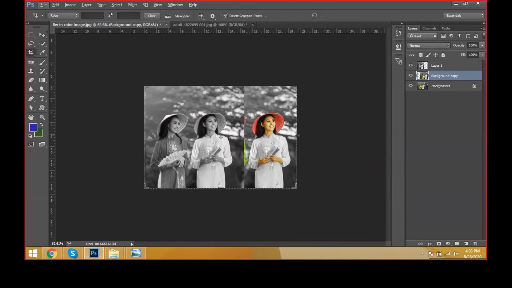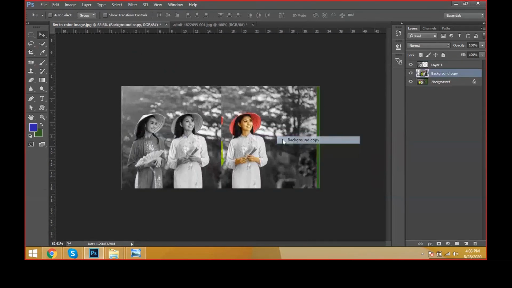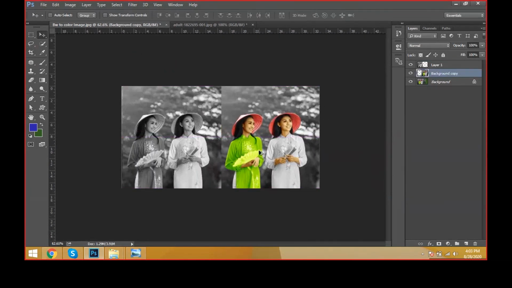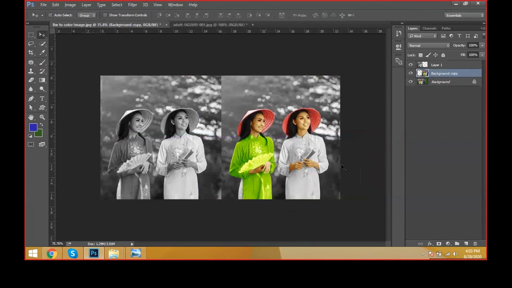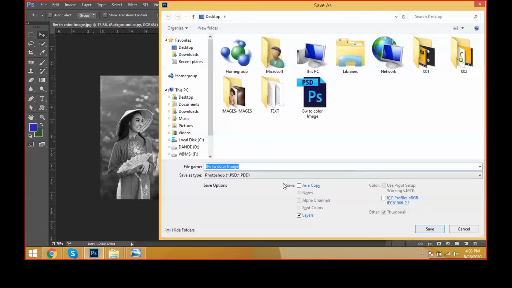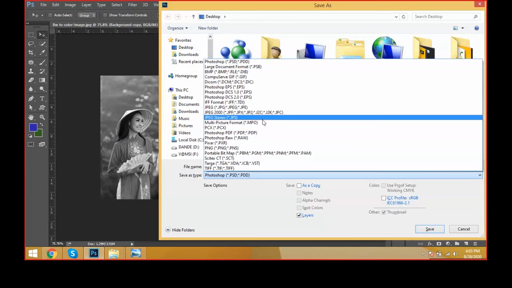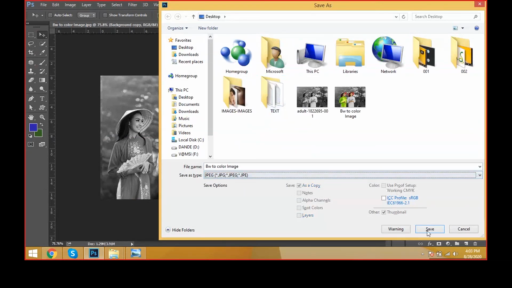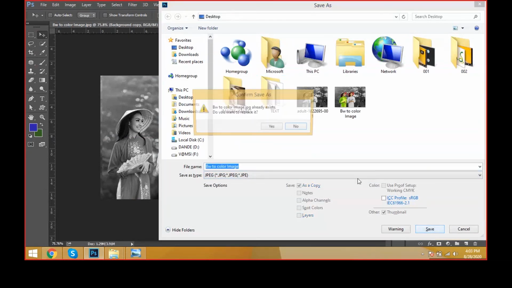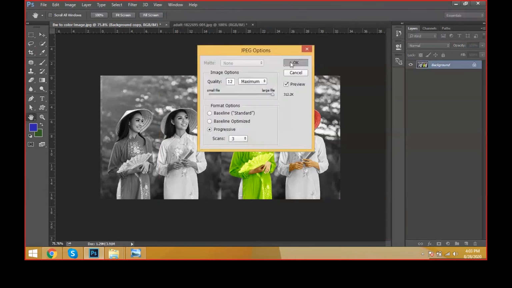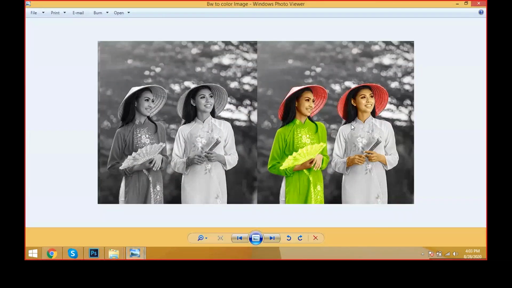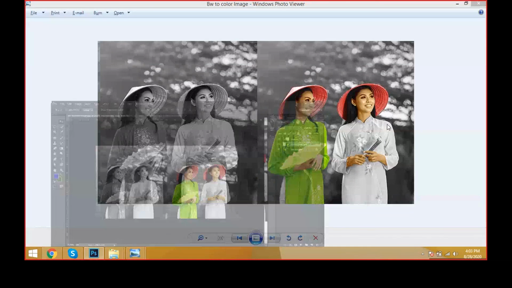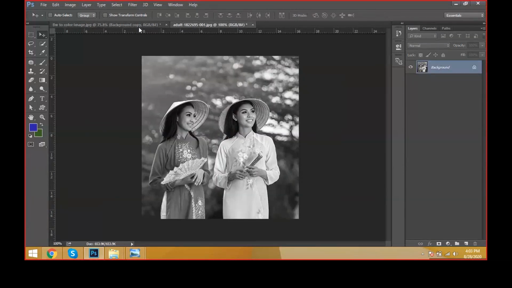Just crop it like this. We can see the difference between both cropping methods. Just save it as JPG. Like this, we can create a black and white image into a color image.